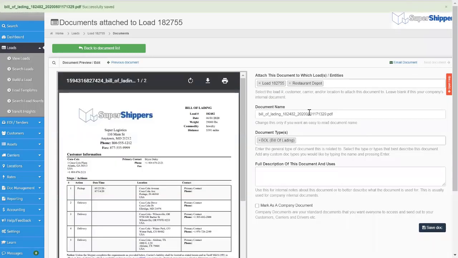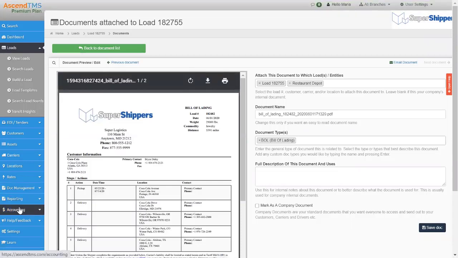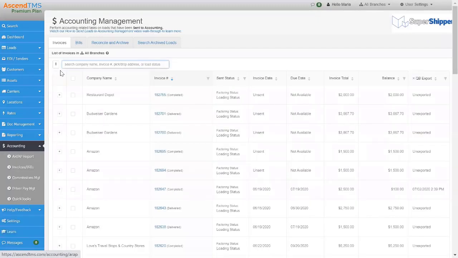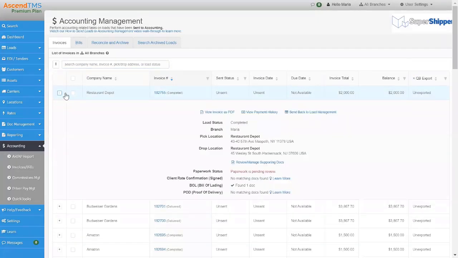All right. So what we're going to see now that I've added that final piece of the puzzle, that fourth item, I can just go straight back to my accounting. And now if I open this up again, that is what I'm looking to see. Found one document. All right. So that's what it'll look like when all your documents are processed fully. Again, that fourth piece of the puzzle, the customer, is the most commonly missed. Just so you know.